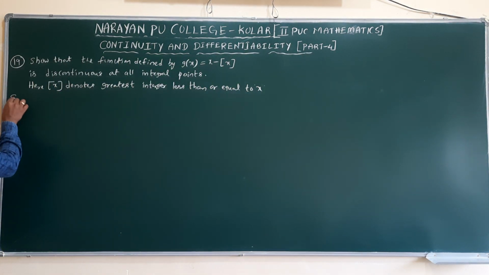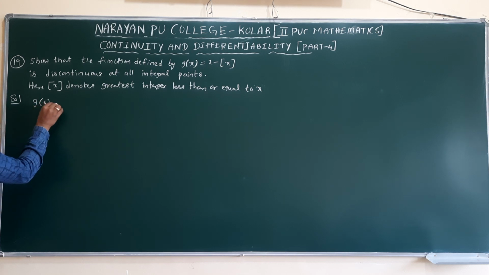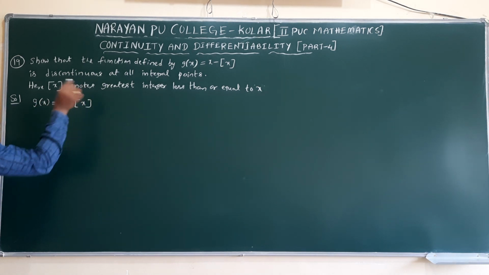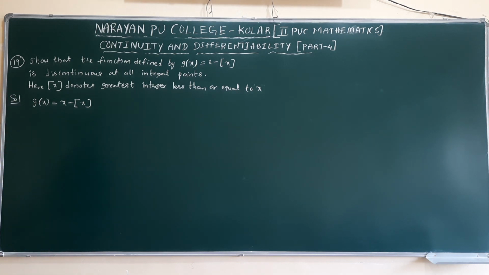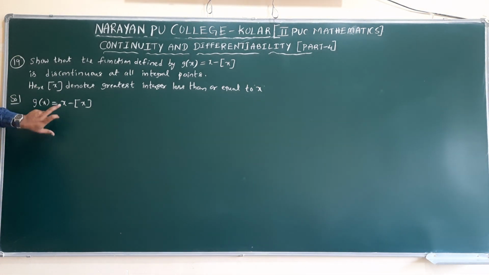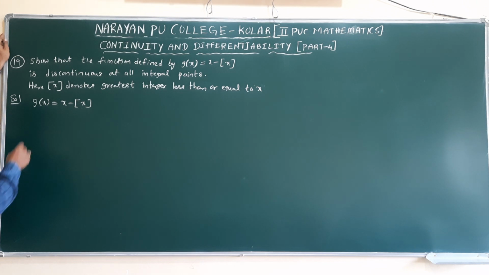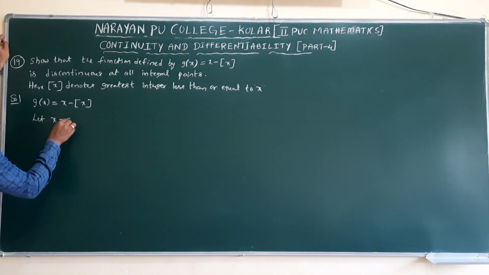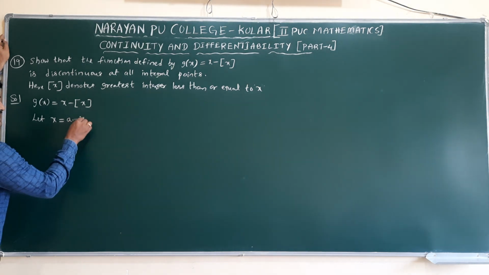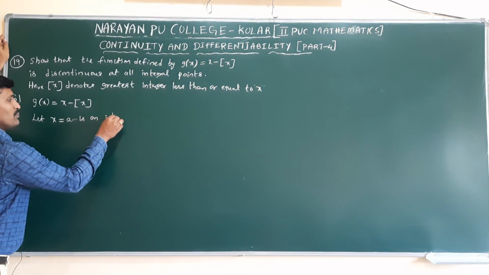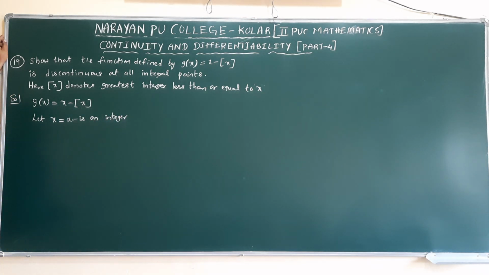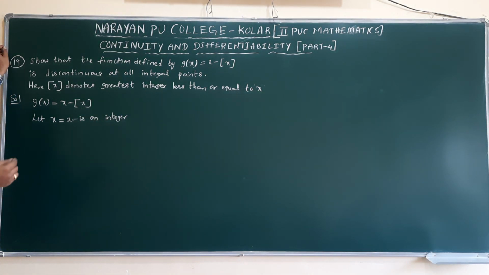Now here we need to show that the given function g of x is discontinuous at integral points, meaning integers. At integers only this function will break or change its nature. Otherwise at integers only this will become 0. If we take 1 minus [1], 1 minus 1 will give 0. So here I am taking the condition while taking an integer. We have several intervals, that's why I am taking x is equal to a, where a is an integer. Because we have an infinite number of integers, we are not able to verify for all integers, that's why we are taking a symbol. For the LHL condition, left hand limit,